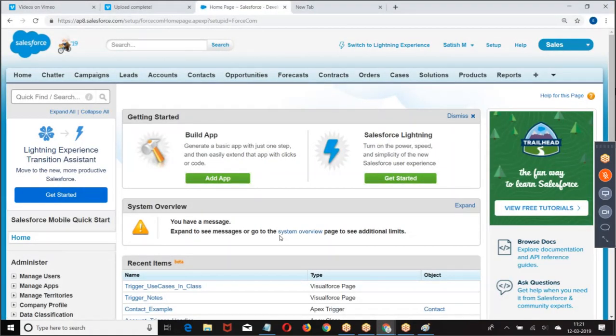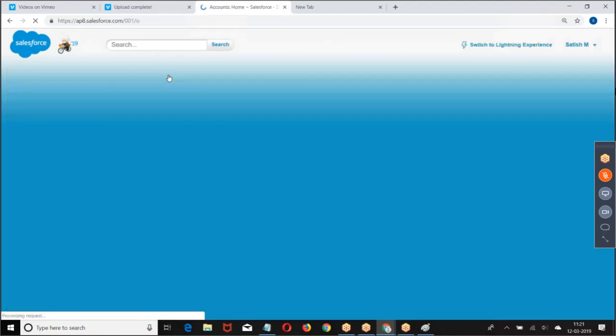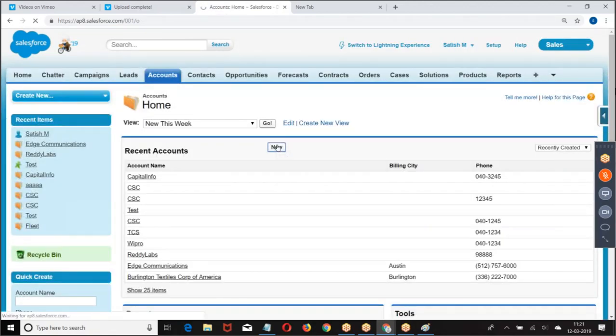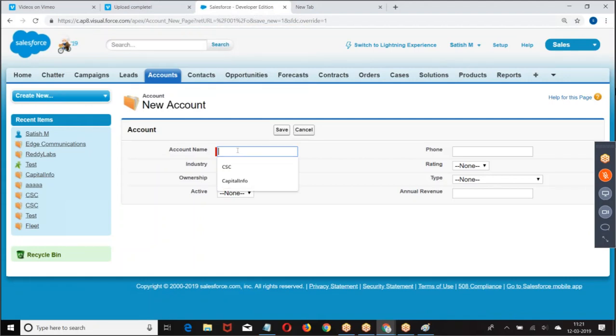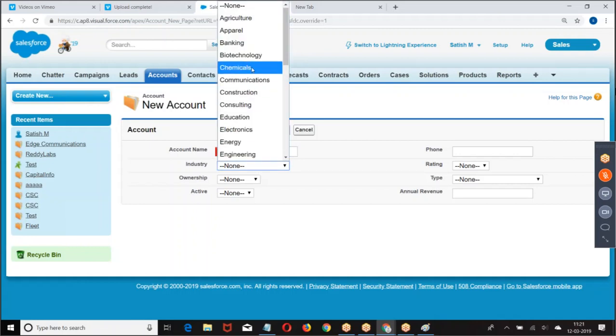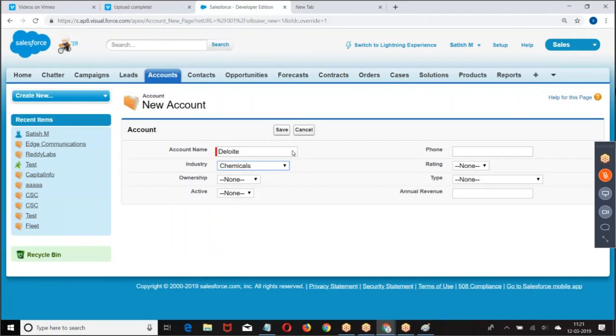Okay. Go back to this. Everyone has followed the requirement? Am I clear? Clear for everyone? Okay. So go back to the account. Now I'm giving here rating equal to hot.